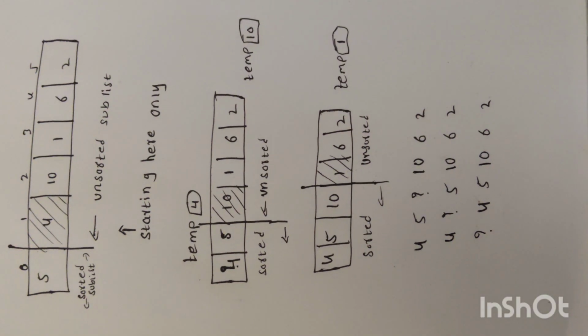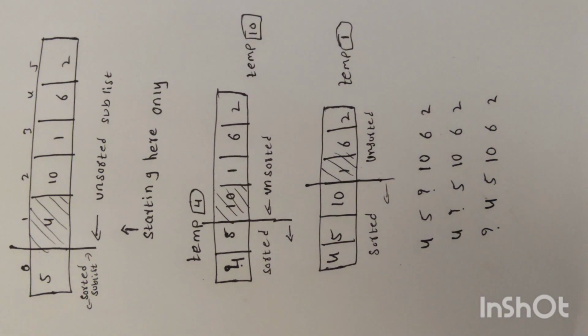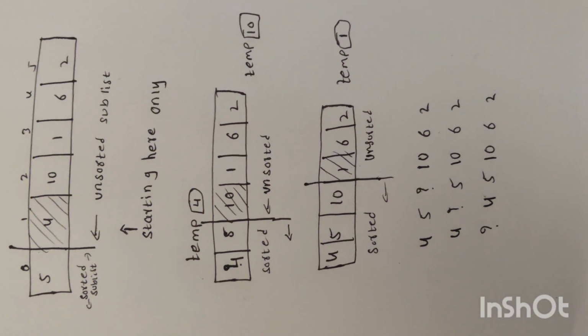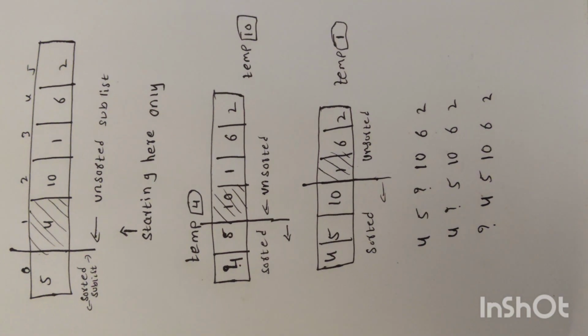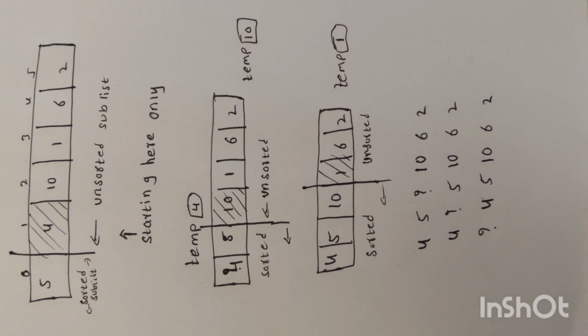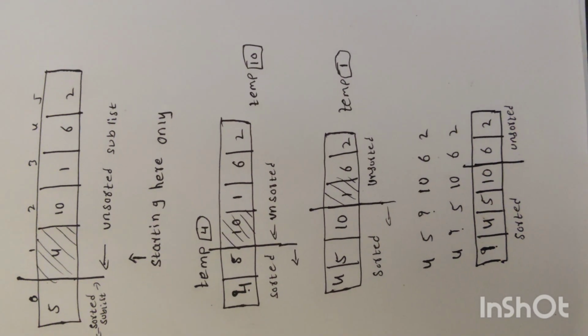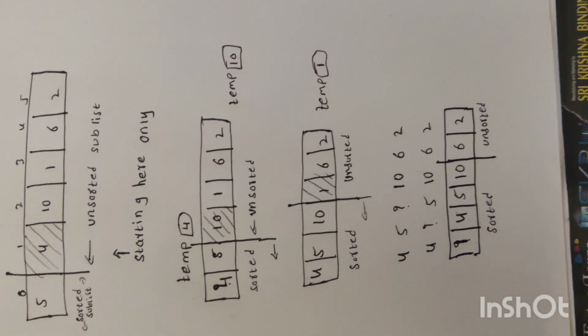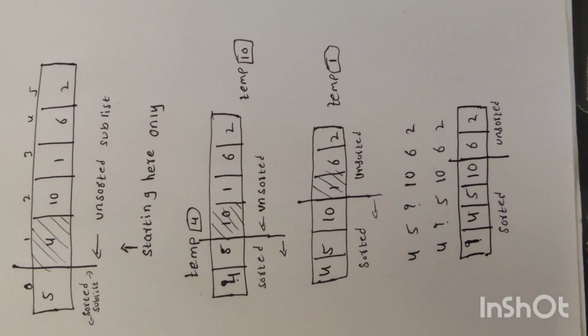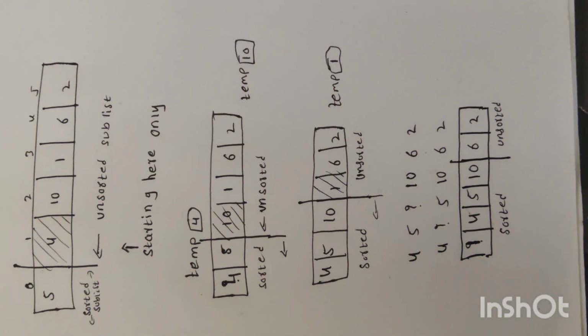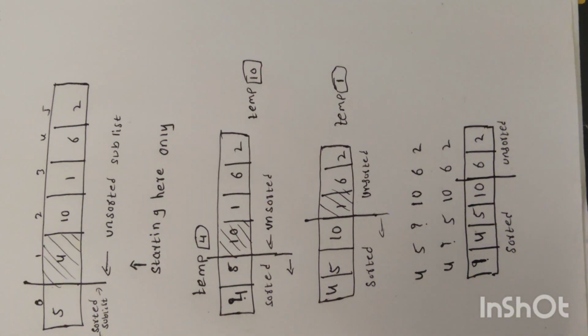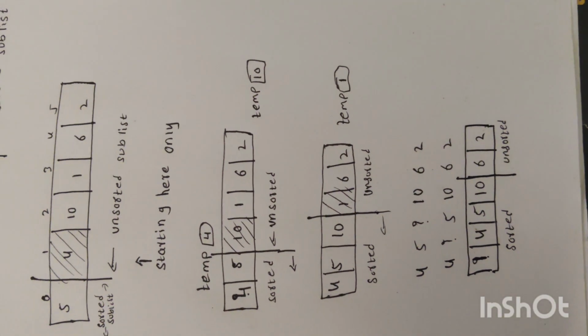Now, is there any other value in the sorted sublist left? No, we have reached index 0. So now we cannot compare this temp value with any other value. Fine. Now we just insert this temp value here. Now 1 would be inserted here at last. Fine. Now the array is this one. Now the sorted sublist is